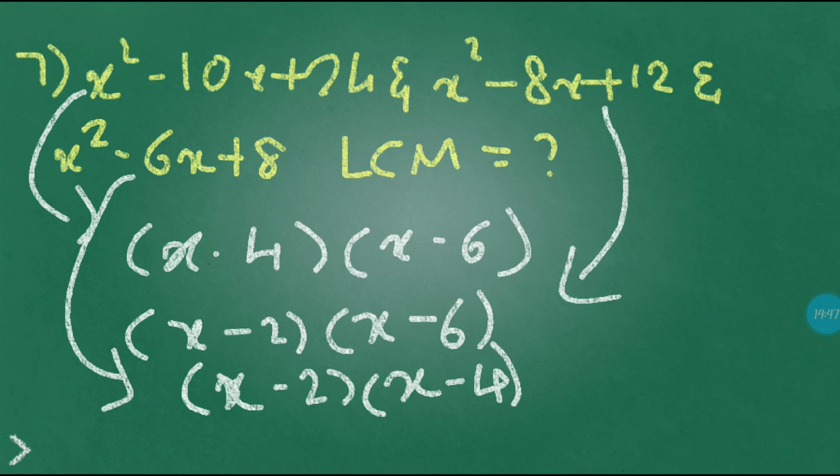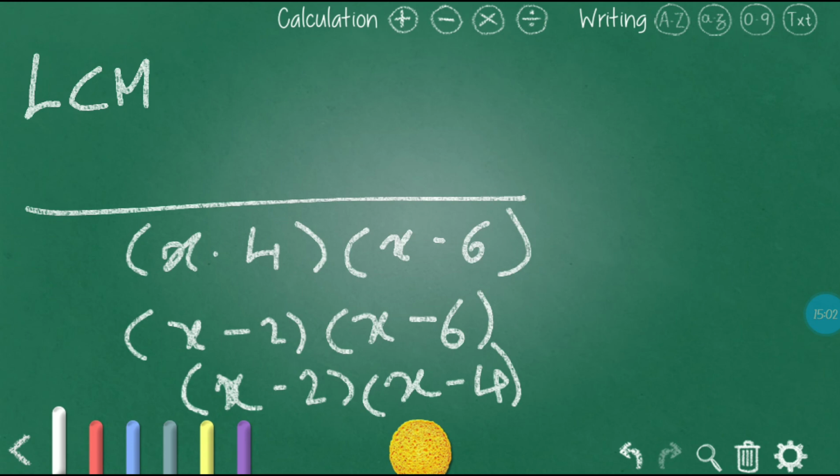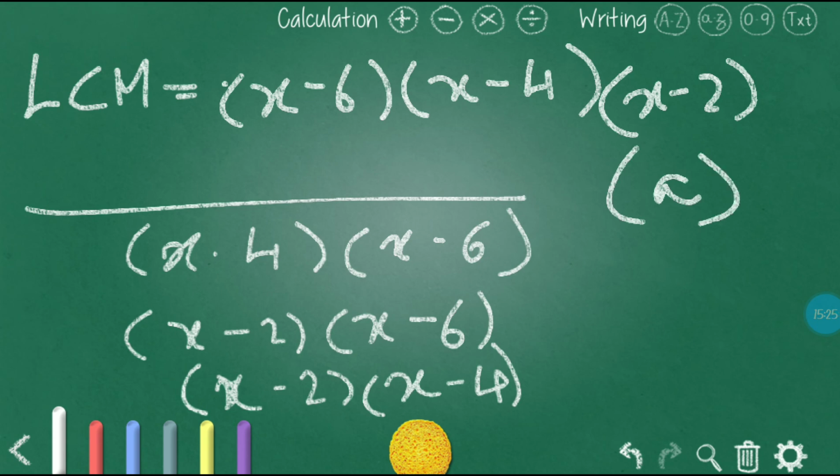Then what will be the first? You take the commons. You can see x, no, nothing is common. Then too we can just write it, right? In these two terms x minus 4 is common, fine. Now I will just write once LCMs once, so just note it. I'll rub the down part. So on the top I'm writing the LCMs. So here in these 2, x minus 6 is common, right? So first we will write x minus 6. Then x minus 4 is common in the first and third one, x minus 4. And then write x minus 2 is common in second and third, x minus 2. That's it, over. Now option is A.